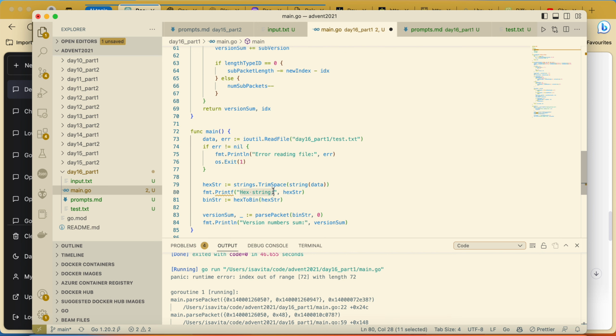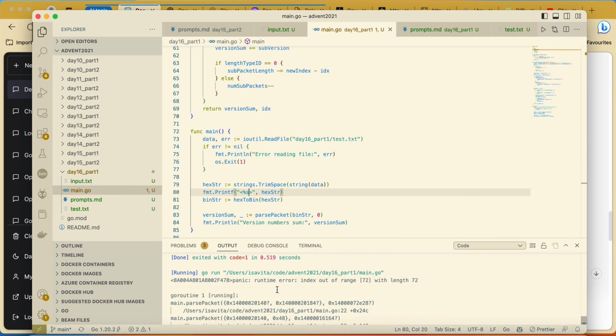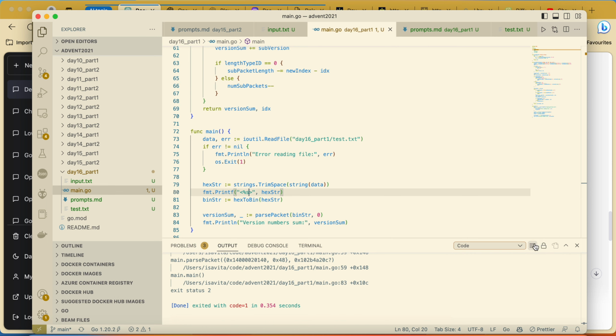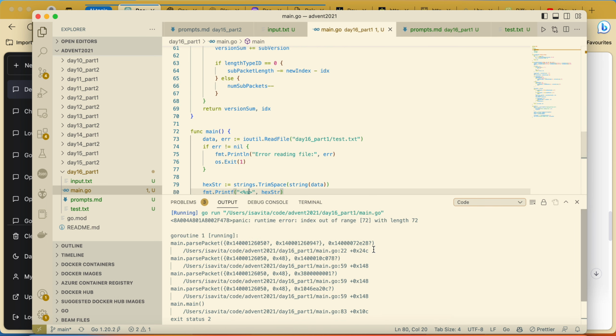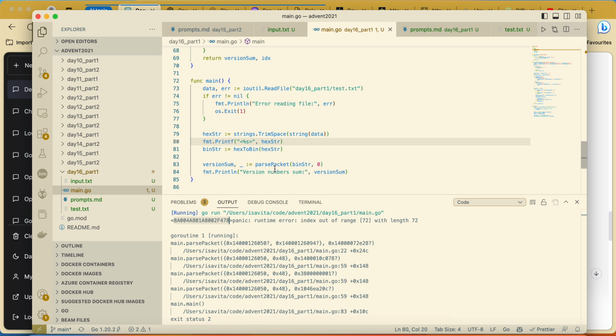Because I want to have it like that to make sure there are no empty spaces and all this stuff. Let me clean it. Okay, everything seems to be right. Up to that point we're okay.